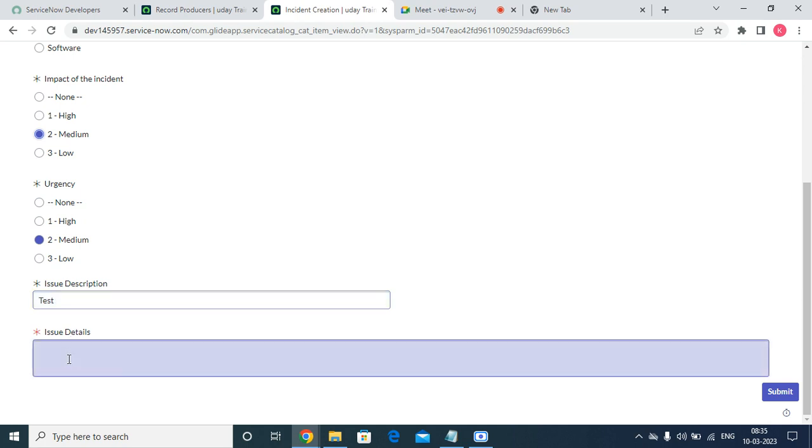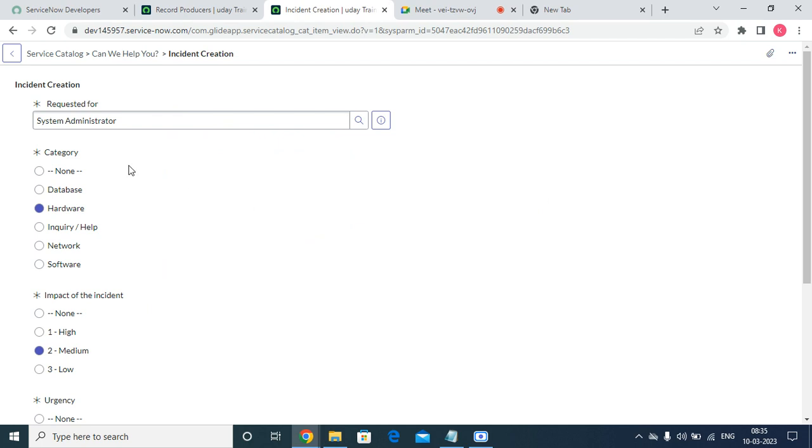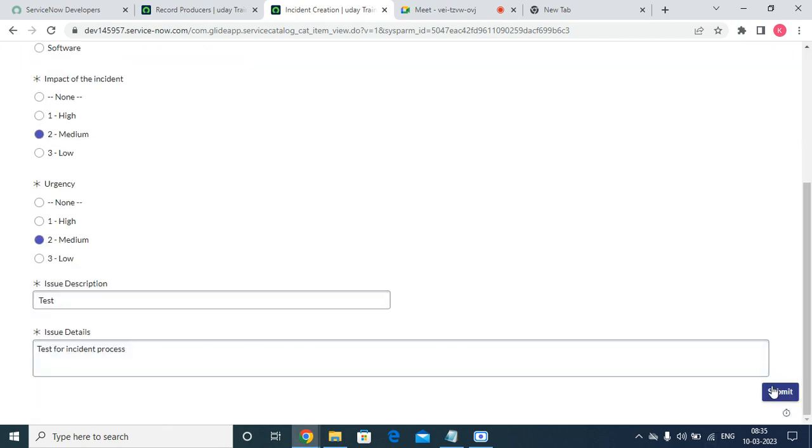What could be the impact, and all those things. I'm just writing test for the incident process. If you click on submit,